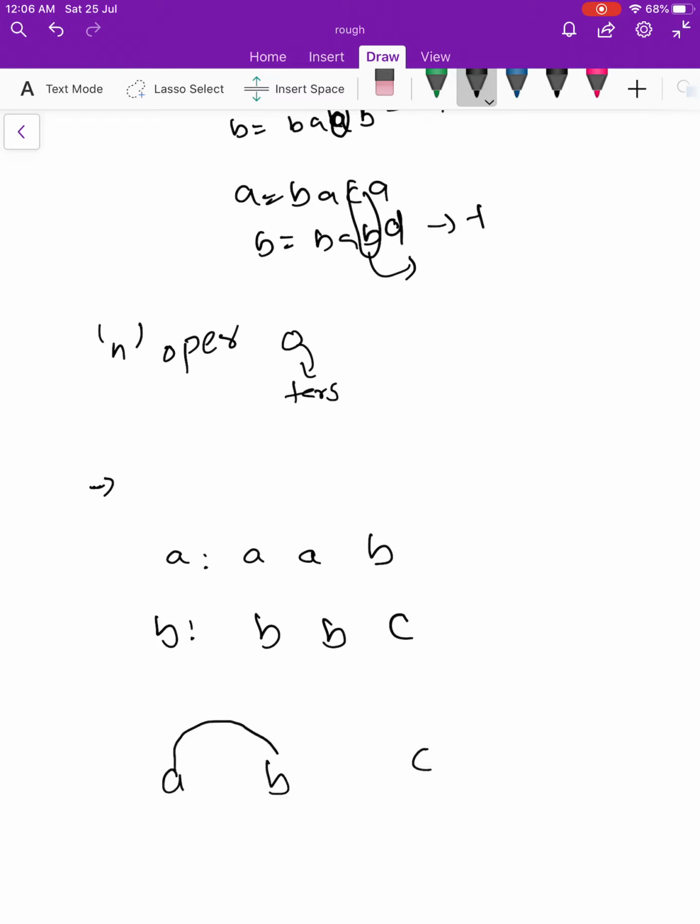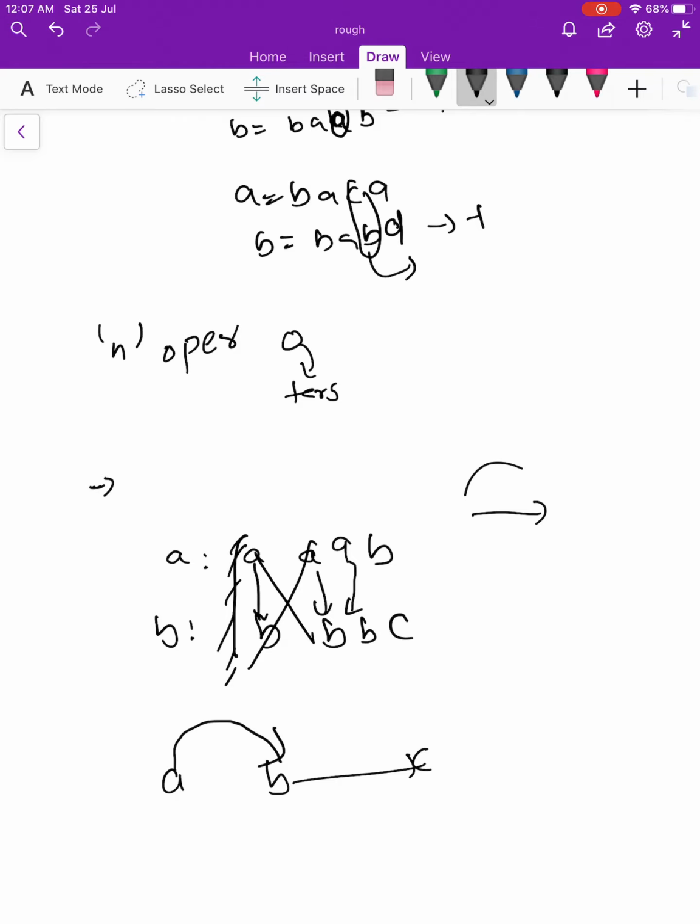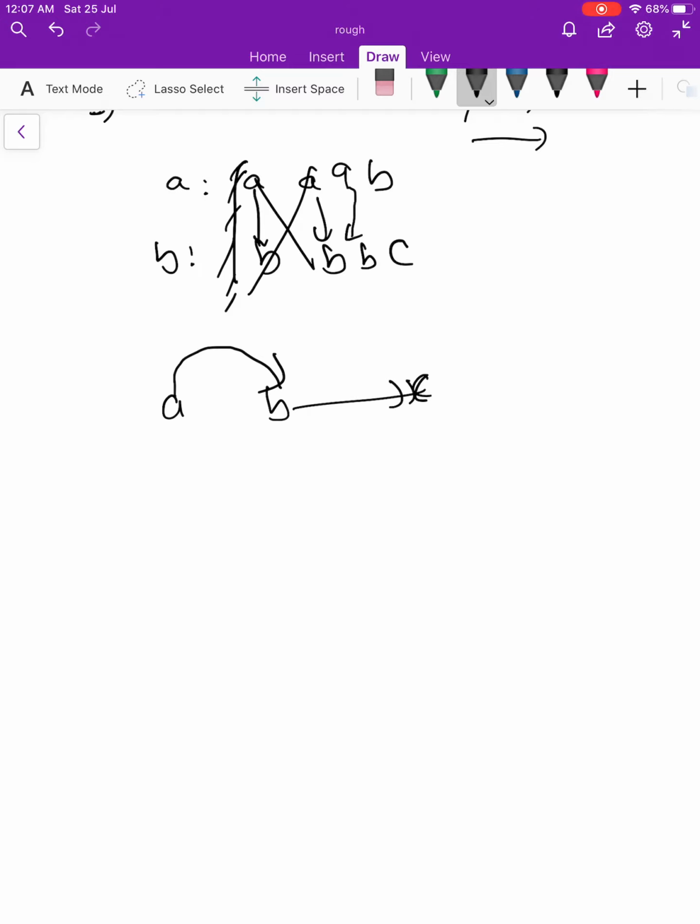There are two characters which you have to change from A to B, and one character which you have to change from B to C. It doesn't matter if you have to change A to B twice. It doesn't mean you can change both of them at the same time. So you can write this A to B once, because if you find a way to change the character from A to B in one way, then change the other characters in the same way. But we have to find the minimum number of operations.